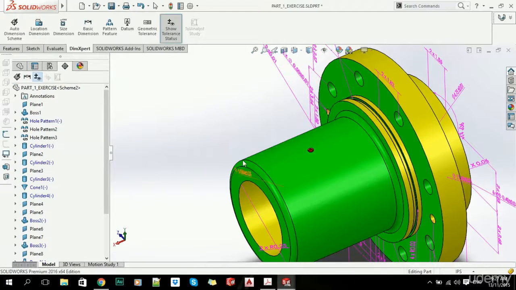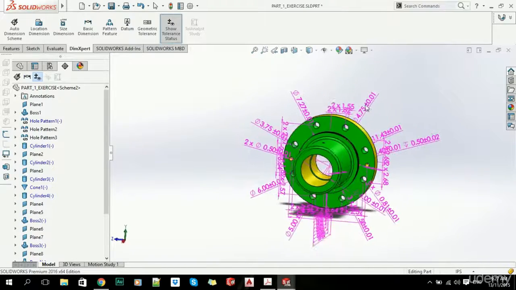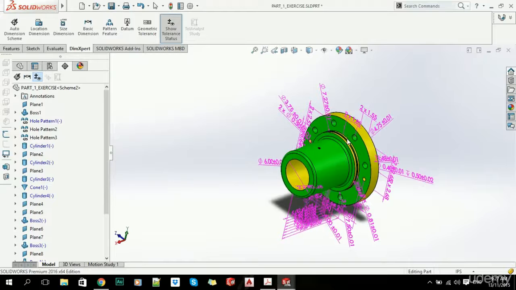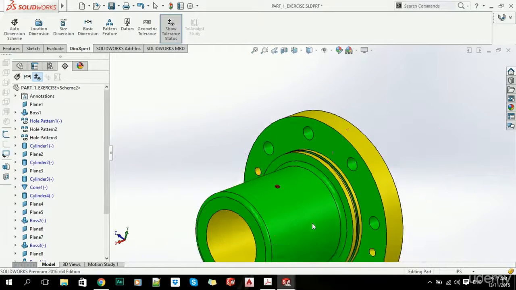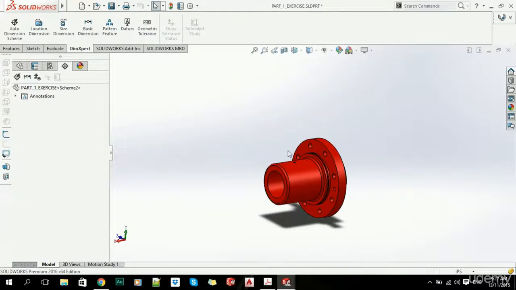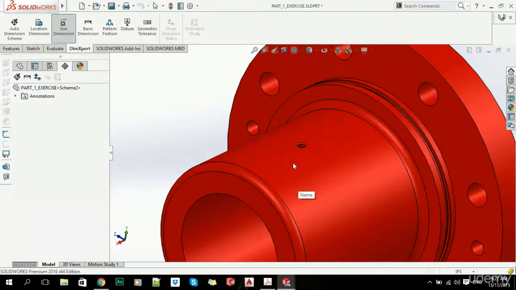And now what happens is that we get all the dimensions we need, actually, with tolerances that are automatically calculated and added to this part. And let's just undo it, and we can do the same thing using different tools. So let's say size dimension